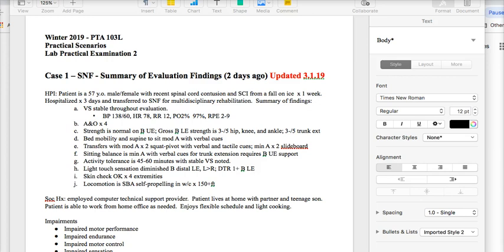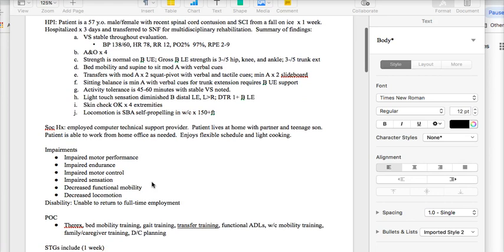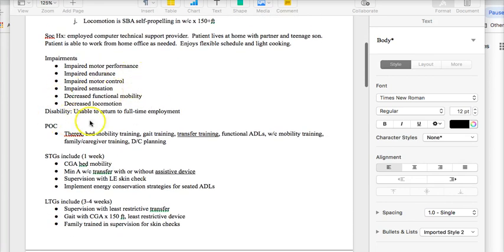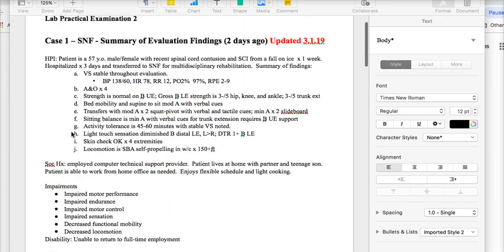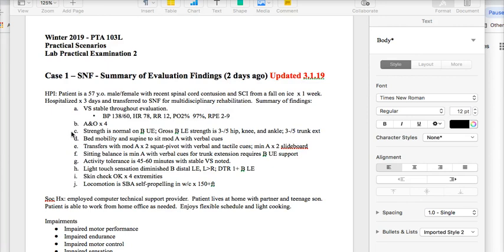Well, I wanted to spend a few minutes on each case to just help you in terms of considering what types of interventions would be appropriate based on the problem list, which is what we're referring to here in terms of impairments, and then on plan of care and the short-term goals. So to continue the conversation we started on Thursday in AM Lab,